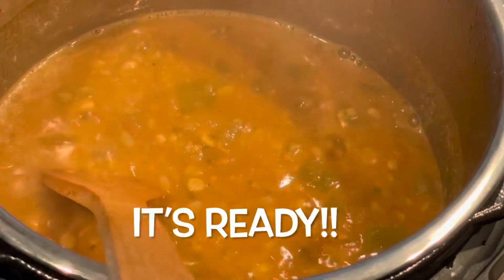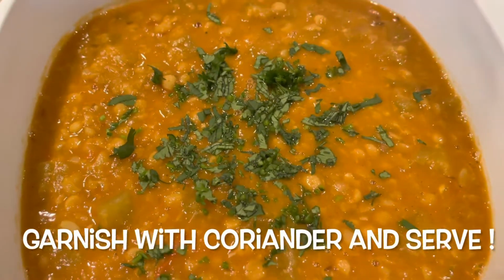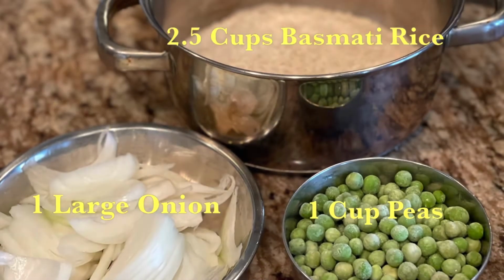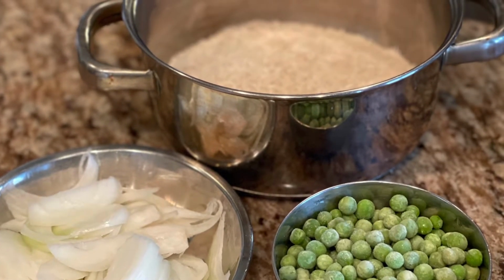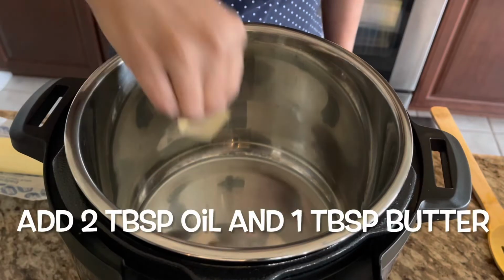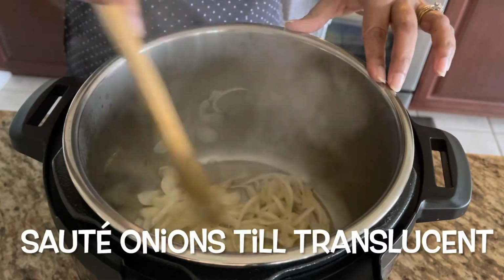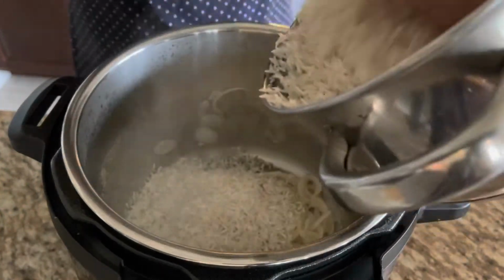The dal is ready. So press the cancel button and pour the dal into the bowl and add freshly chopped coriander leaves. Next we'll move to the rice pulao. So I took 2.5 cups of basmati rice, 1 cup of peas and 1 large onion chopped. I set the saute mode on high and heated the oil with some butter and added the chopped onions. I sauteed them till they were translucent, added the rice,